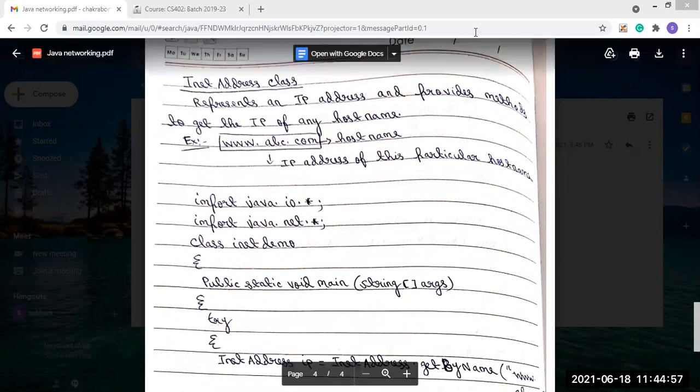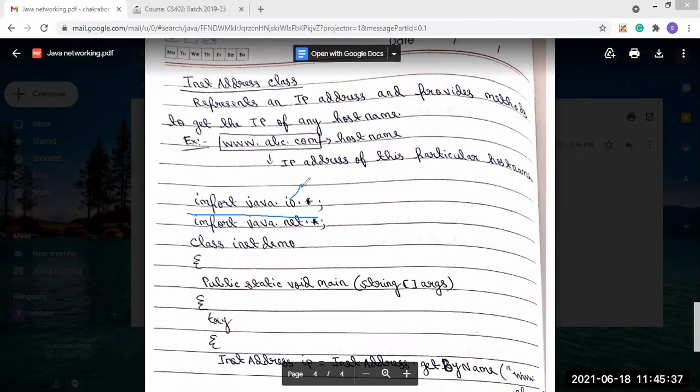Now, if we use it in the program, first we have to import the package java.io.*. IO means input output, and inside this package all the classes are present, which will be imported in our program.